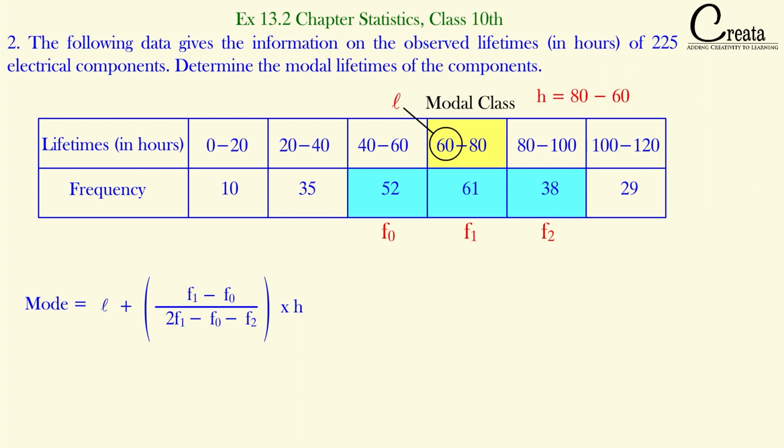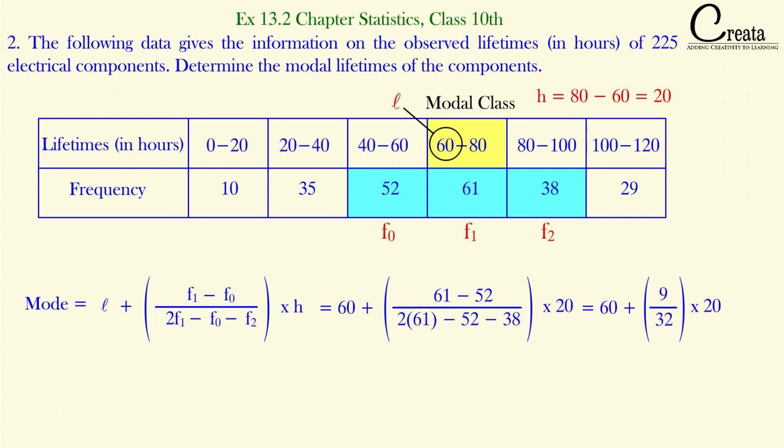80 minus 60, it is 20. We got the value of h as 20. We got all the values. Let's use the formula. Let's put all the values into the formula. Let's solve it. On solving, we got our answer as